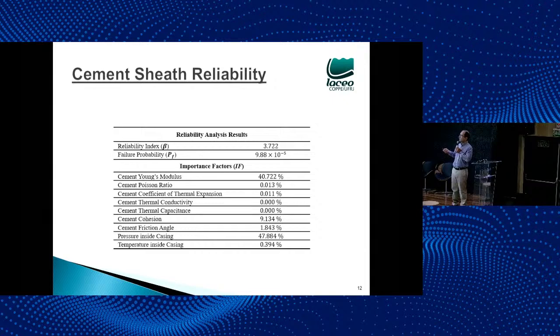We started to get results recently, and it seems that failure probabilities for the examples that we analyzed are very